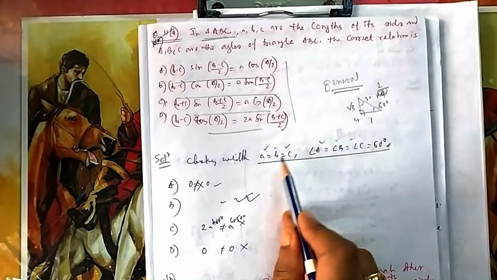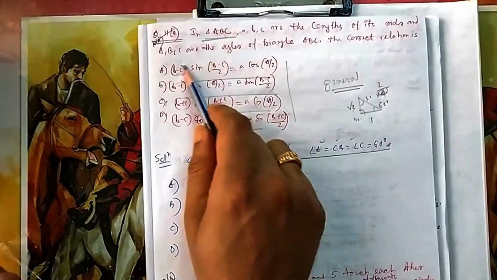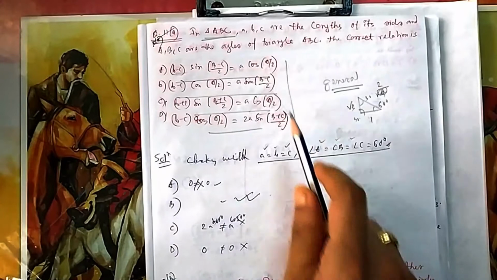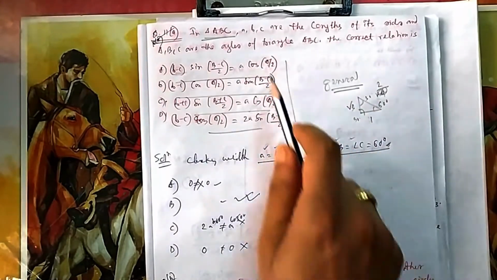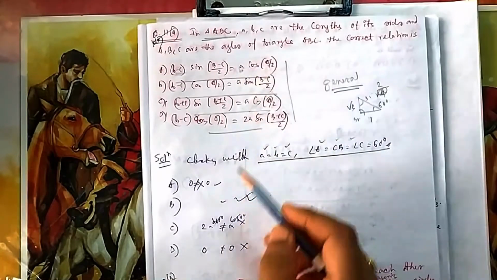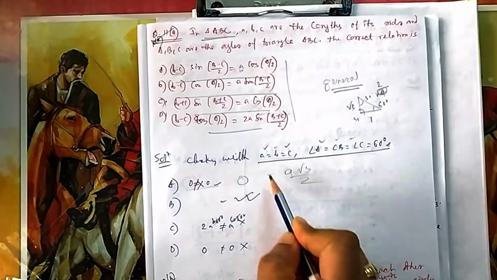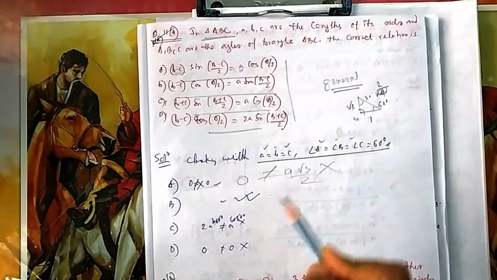Both these are equal, which means this will be 0. So the left hand side is 0. So this should also come 0. What is this angle A? A is 60 degree. So a cos 60 minus a cos 30, that is a by 2 and a root 3 by 2. So this is not equal. Left hand side is 0 and right hand side is a root 3 by 2. So these are not equal. So A will not be the answer.